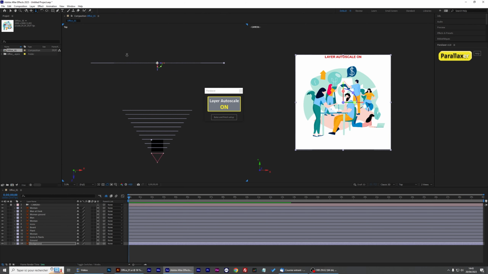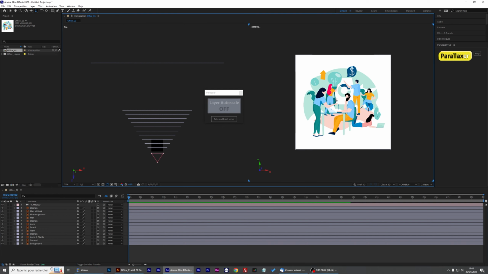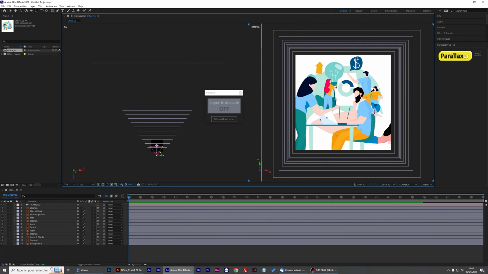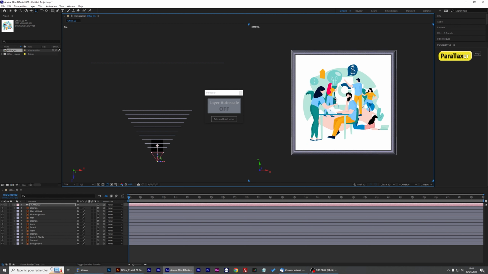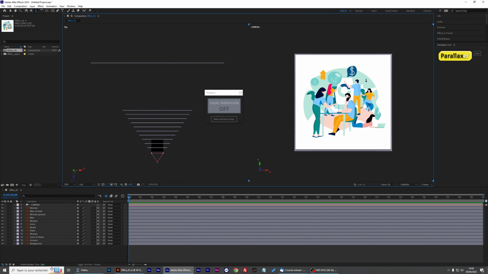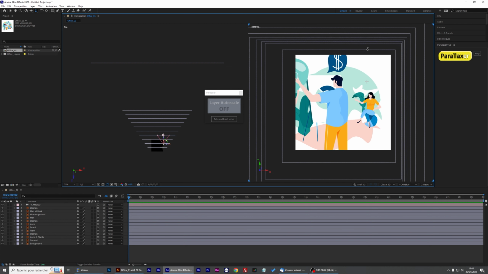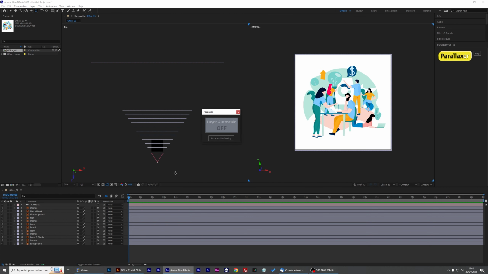If I try to move while the autoscale is on, you will see that it's not possible because the camera is locked. So I'm going to deactivate my autoscale. We can see that the woman is exactly at the same position as the man and the desk, and you can see that the background is much farther than before. When you move, it seems very, very far. Okay? So once you're glad with your layers, you can click on Bake and Finish Setup.